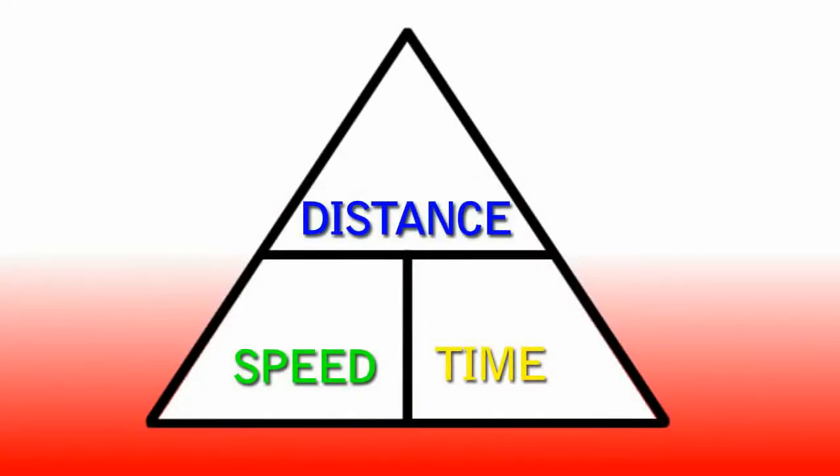Because of this, I can go back to my triangle that helps me figure out the math of speed and velocity, just kick speed out, put velocity in there, and it's the exact same triangle. So for the purposes of understanding speed and velocity, they are pretty much the same thing, except velocity has a vector or a direction.